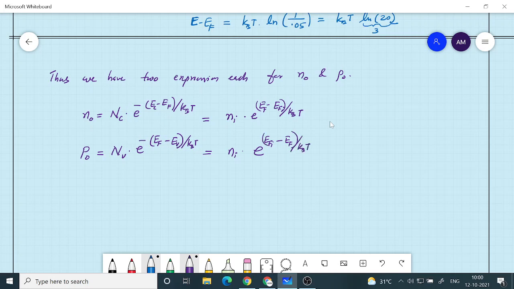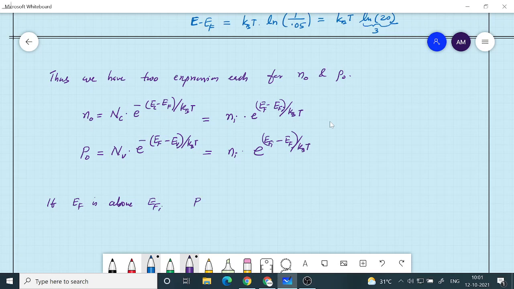Okay, if you look at these formulas, these are two alternate formulas. One is with respect to the effective density of states, and the other is with respect to the intrinsic carrier concentration. For an intrinsic material, the carrier concentration is going to change if EF is going to go above EFI. From these two equations it is clear that if EF is above EFI, what will happen?